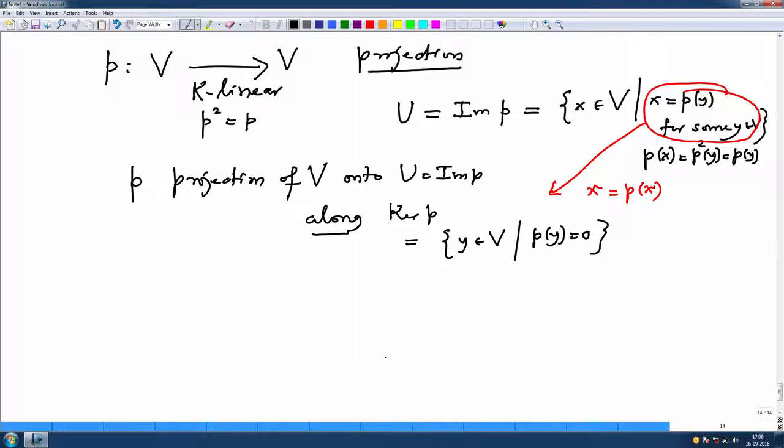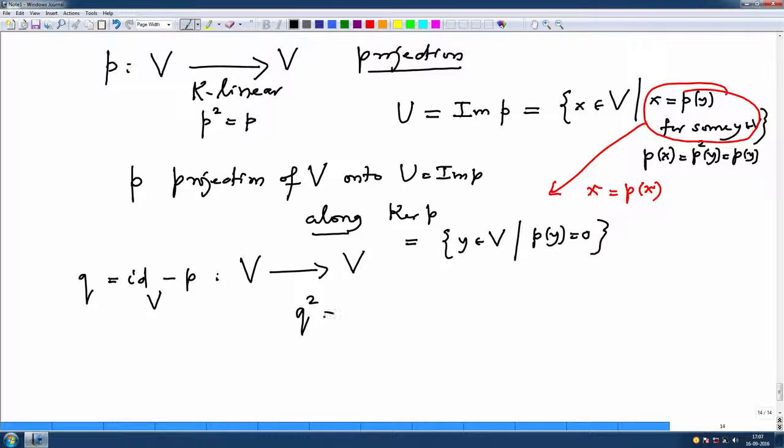So, that will not give much, but I also want to note the new linear map which will come from P, which is IDV minus P. Let us call it Q. This is also a linear map from V to V, because we know linear maps can be added. The set of linear operators is actually a K algebra. So, I can add, multiply by scalar, and composition is the multiplication. So, I want to test whether this Q is a projection or not. So, I should compute what is Q square.